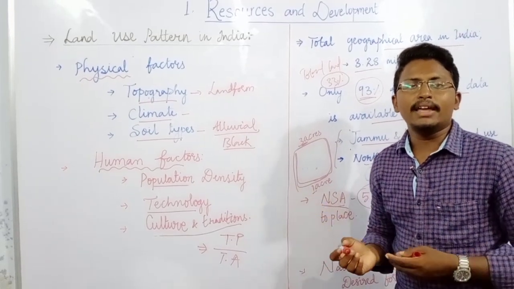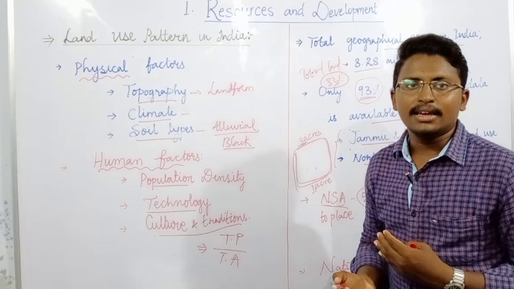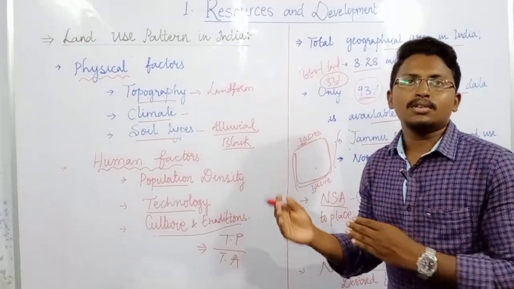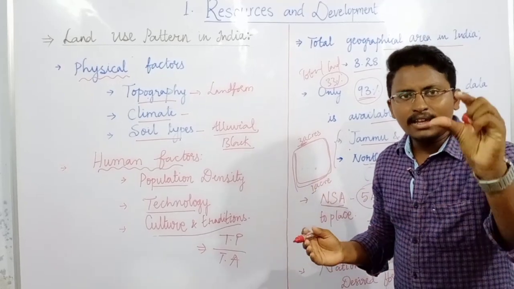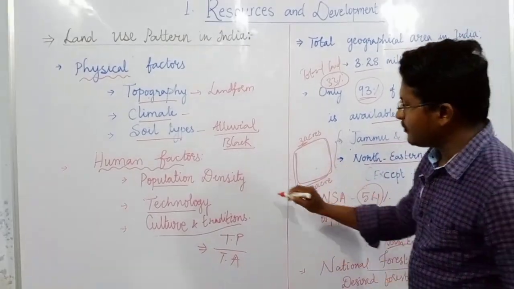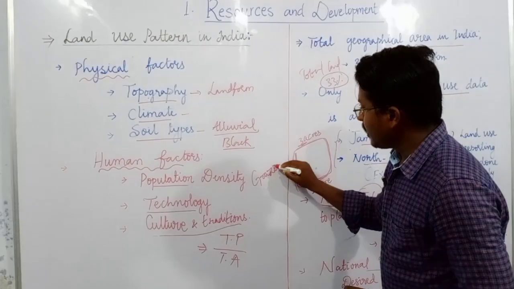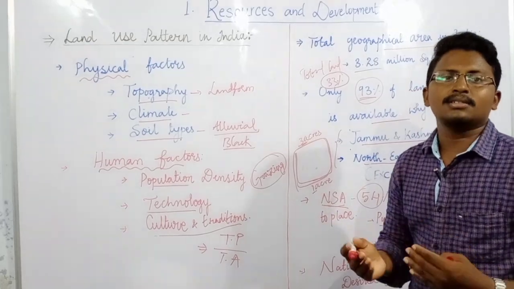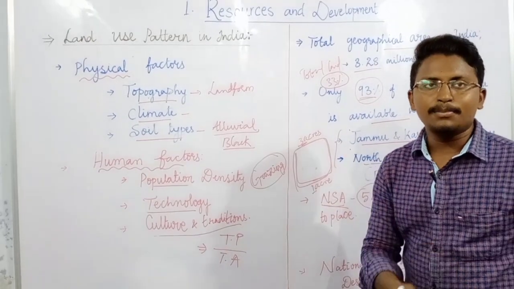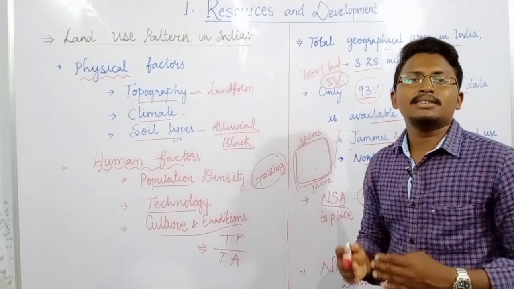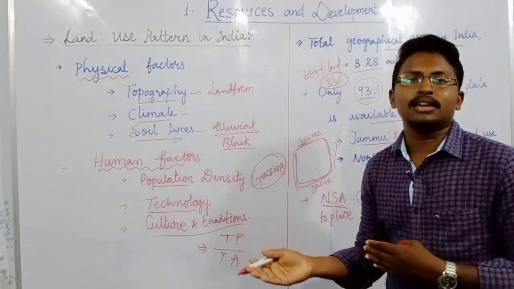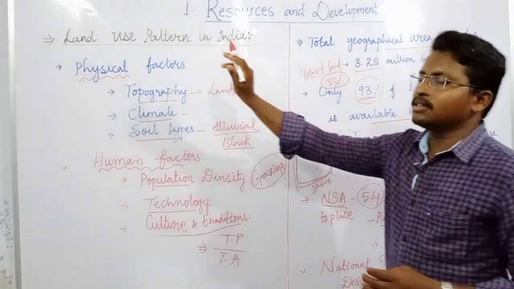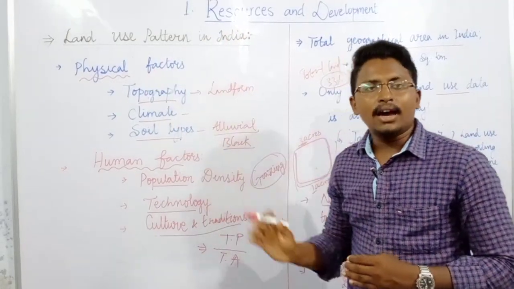As you all know, India is one of the highly populated countries. So most of the land is being used for construction of houses or roads, or any other thing. And very little land is given for grazing of animals. And the remaining land is sometimes not used for cultivation or grazing and is left uncultivated, which we can call barren land. Next we will see something about land degradation in India and how to conserve it.